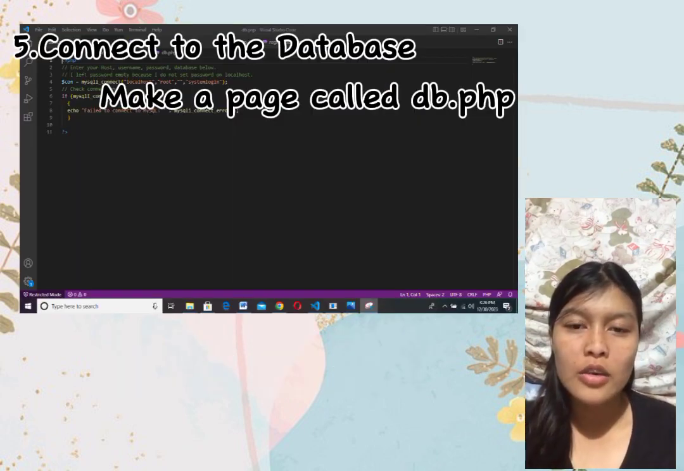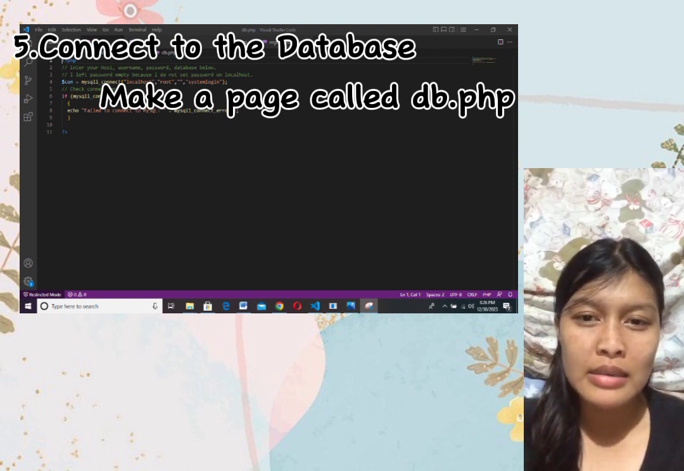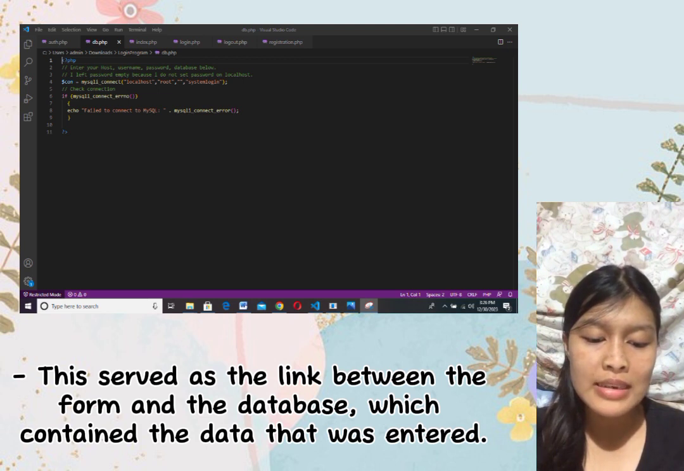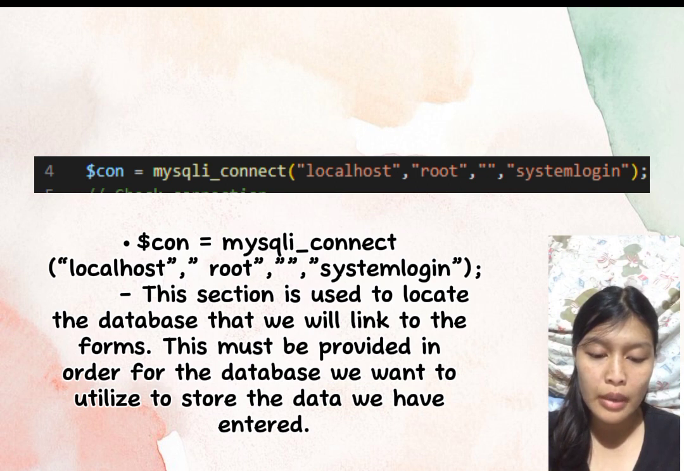5. Connect to the database. Make a page called db.php. This serves as the link between the form and the database, which contains the data that was entered. $con = mysqli_connect('localhost', 'root', '', 'login_system');